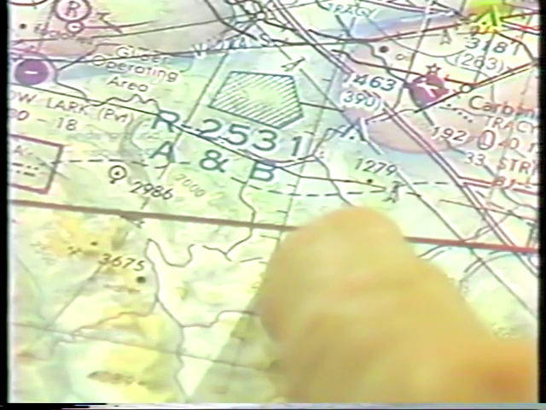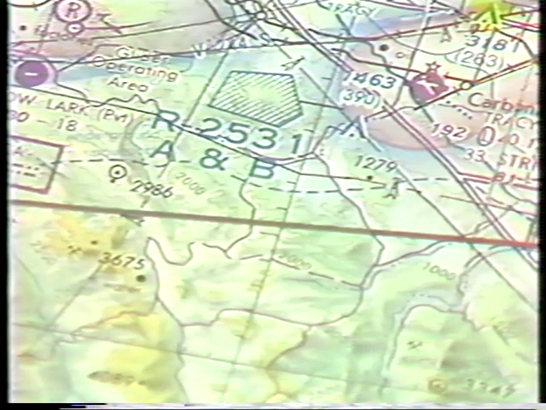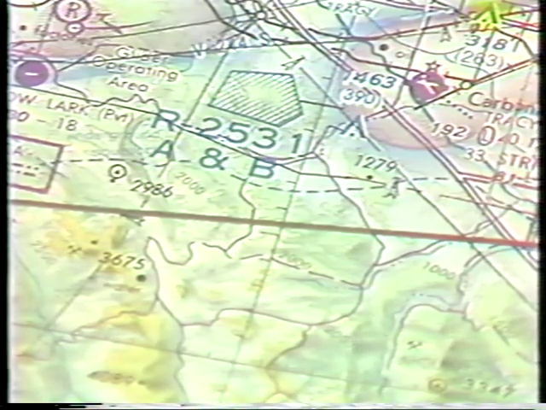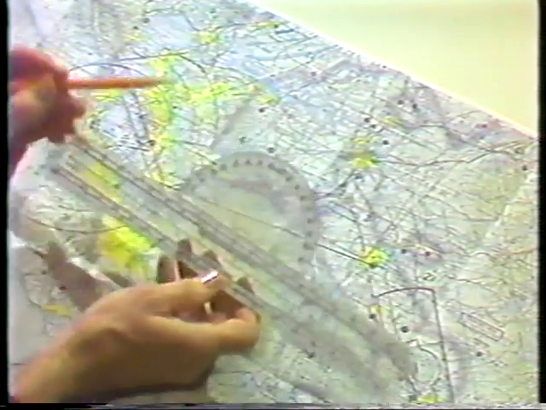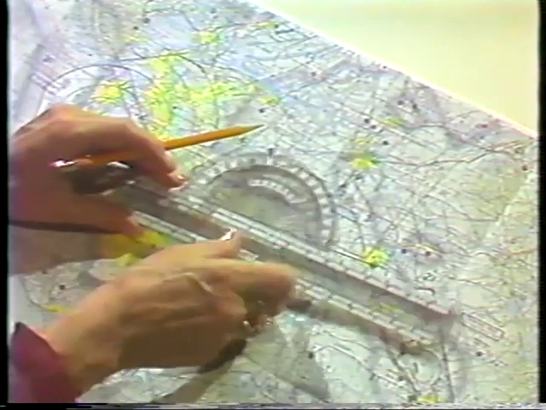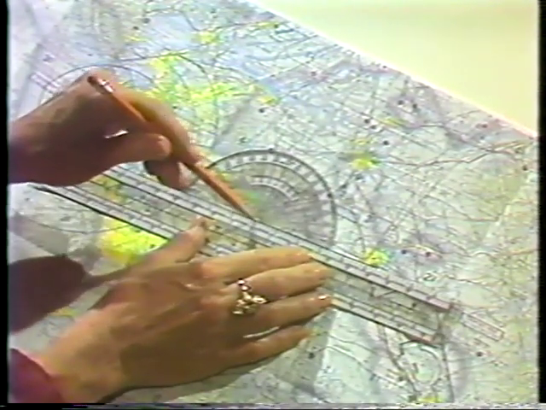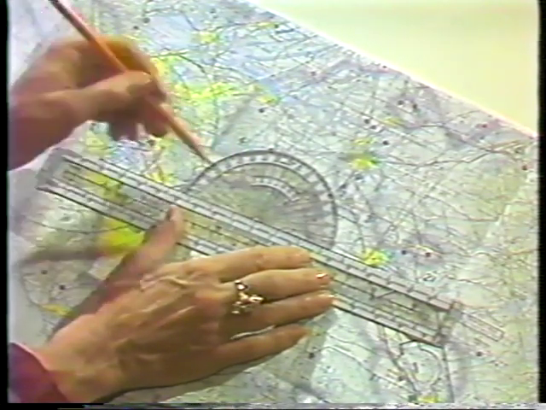Now we need to determine the true course, the angle between our course line and true north. To measure the true course, find a meridian as near as possible to the center of the course line. This meridian will be used to measure the number of degrees to fly to the destination. Place the small hole of the plotter over the line where the course line and meridian intersect. Make sure that the upper edge of the plotter is along the true line.